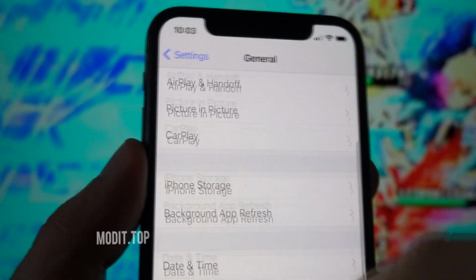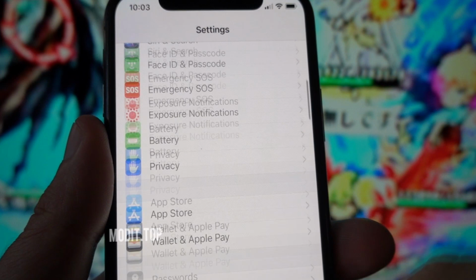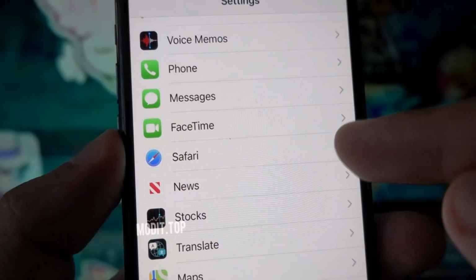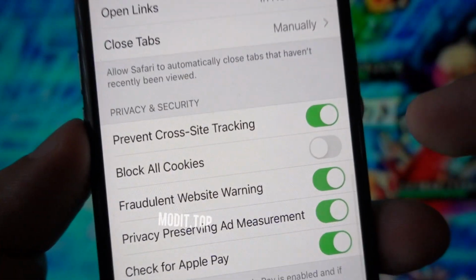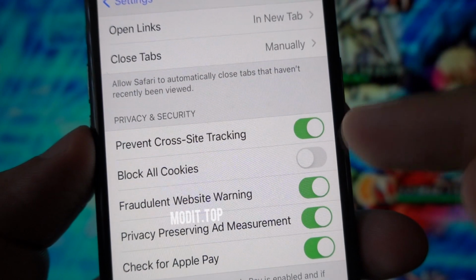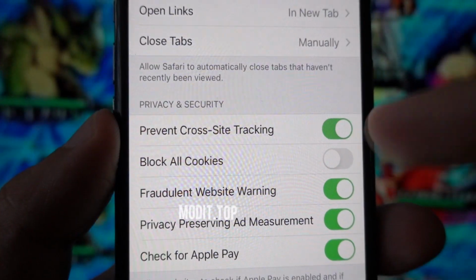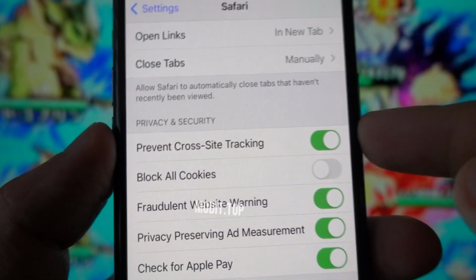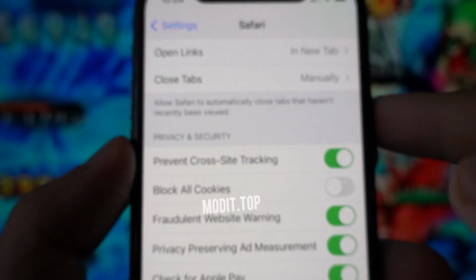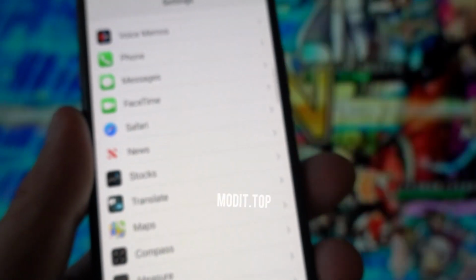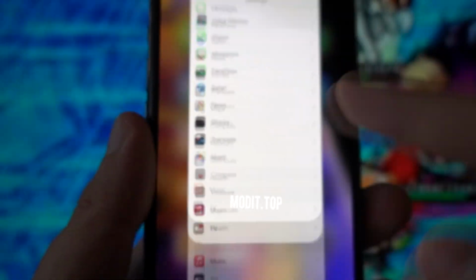number three is again for both Android and iOS devices, and that is whichever browser you're using, you have to go to its settings. For example, I'm using the Safari, so I'm going to my Safari settings, and for my particular browser, which is Safari, I'm unblocking all the cookies by disabling the option saying block all cookies, because if your cookies are enabled, the downloading process may be affected and you might not get your contents downloaded properly. So you have to unblock all cookies, and once you've done these three adjustments in your settings, simply close your